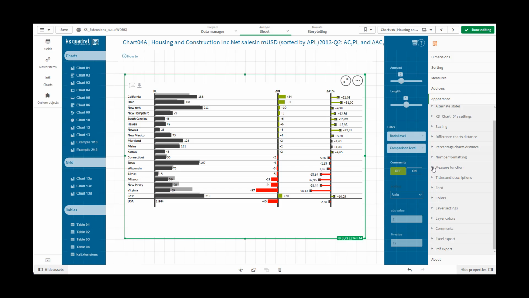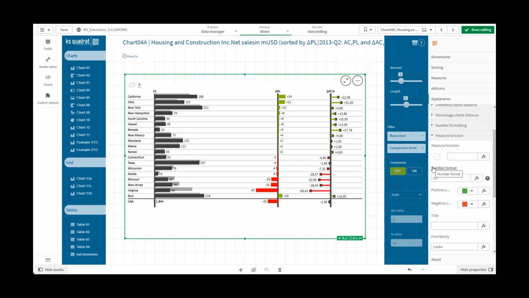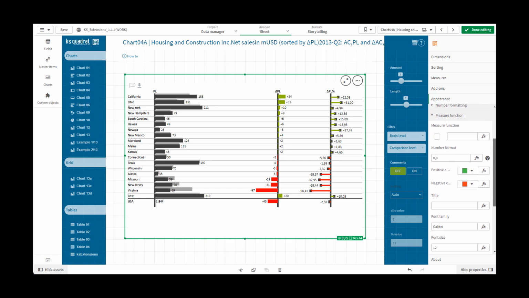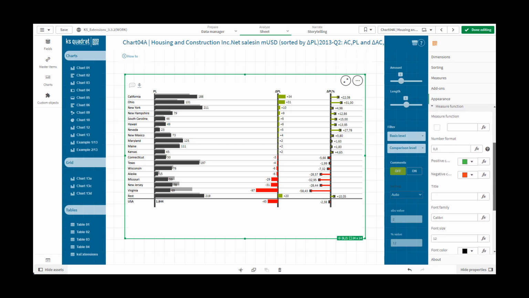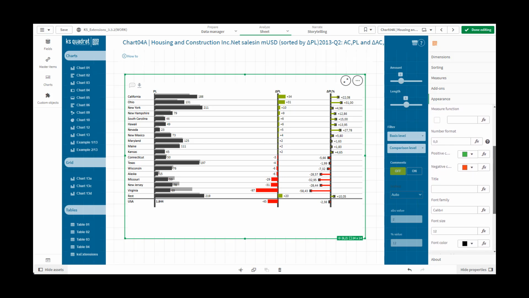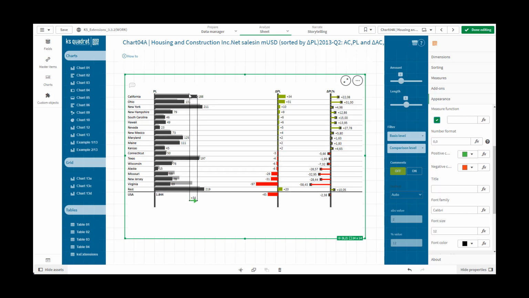Measure function is used to measure from one bar to another bar and calculate the positive and negative difference between two items. To use it, just drag and drop from one item to another. The property can be activated by checking or unchecking the checkbox, or with the expression button, fx, using the following values: 0,